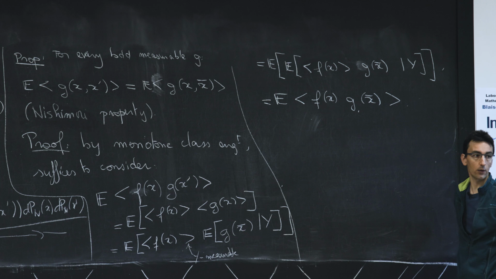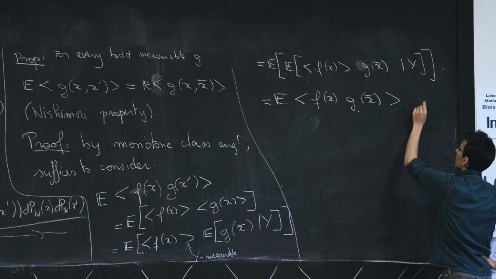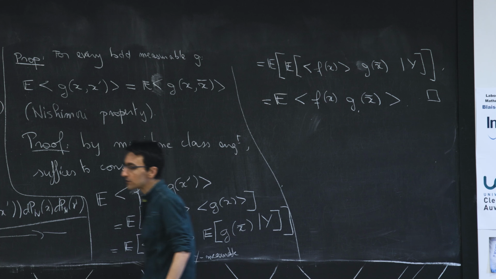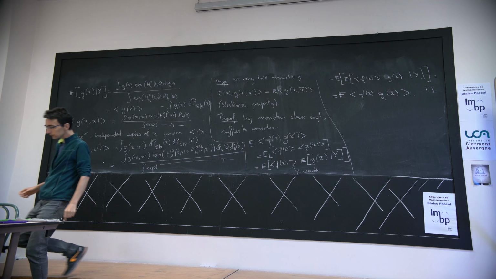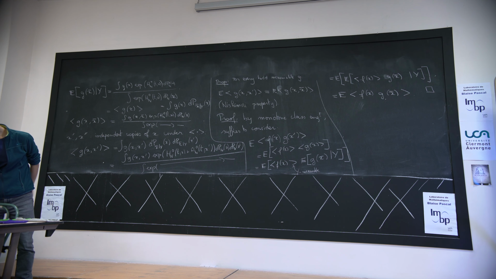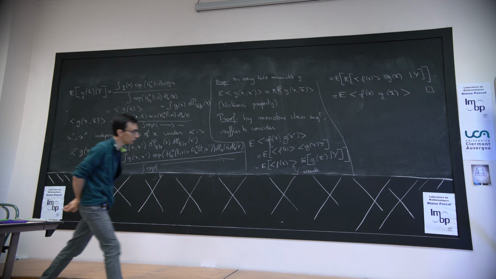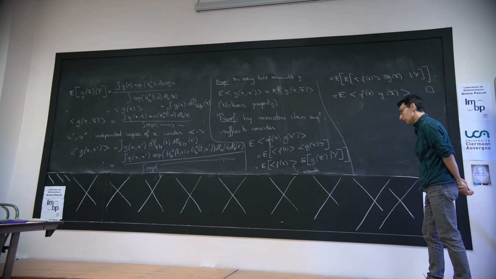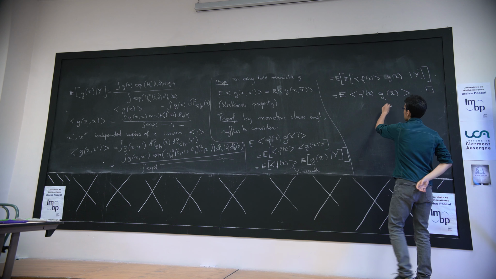That was what I wanted to show. And you see the key point is that the Gibbs measure is Y measurable. So to continue to stretch our muscles around this notation,